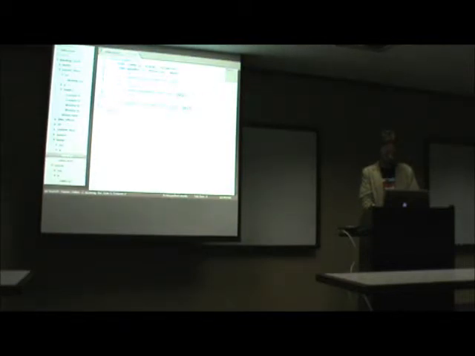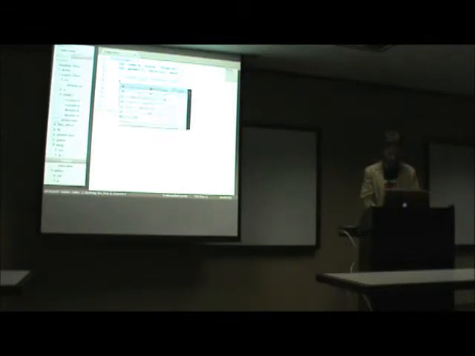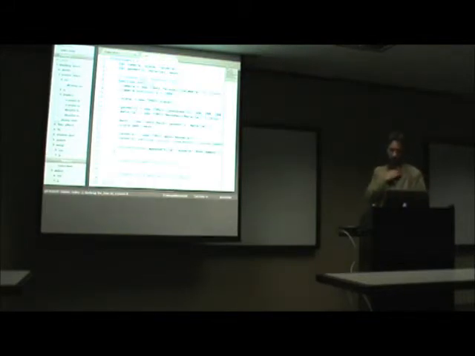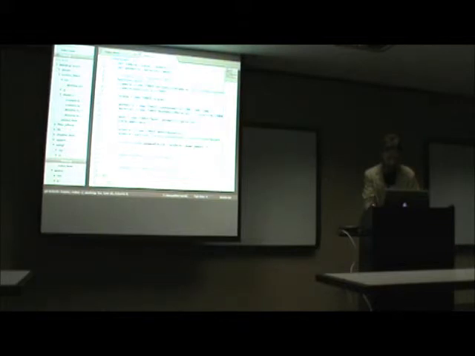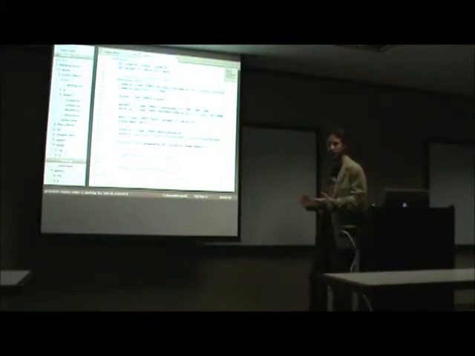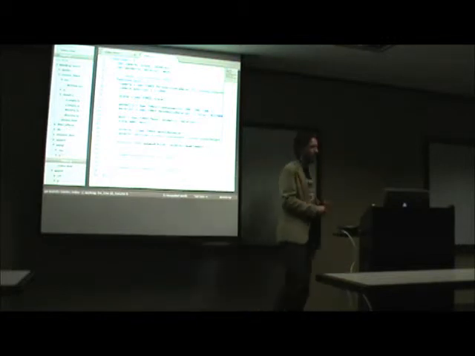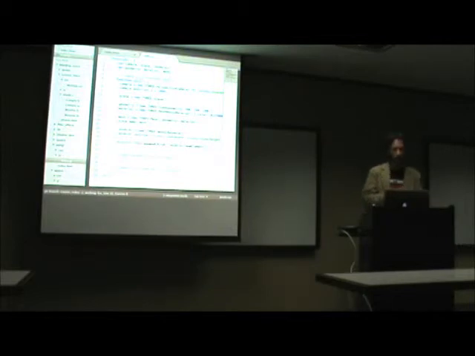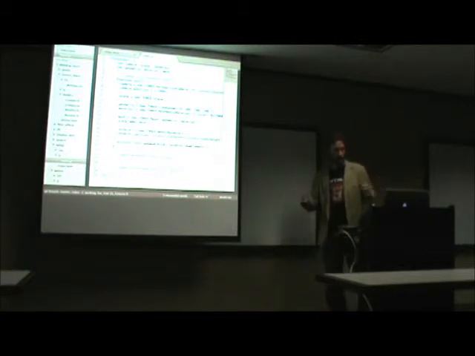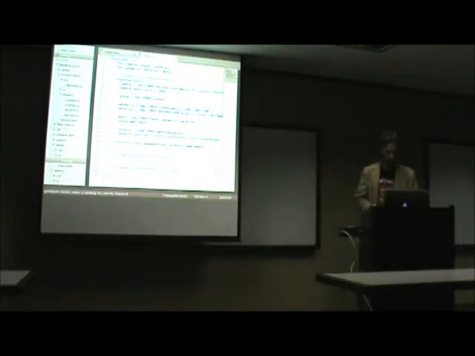I have an animate button on the page, and I'm going to start by creating my init function. My init function is going to create a camera. Any 3D graphics and animation needs a concept of a camera that's viewing a scene from a certain angle. I set the position of the camera. I create a scene that includes a cube and a mesh around that cube so it gives it shape and dimension. I add that to the scene. I create my renderer, and then I append that renderer to the DOM. And that's how I've initialized my WebGL